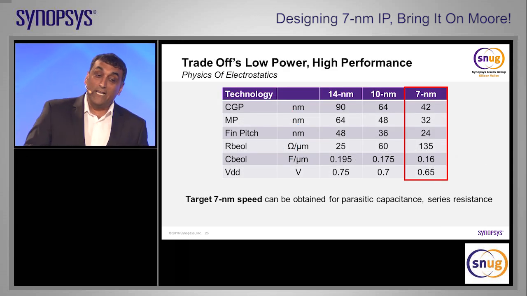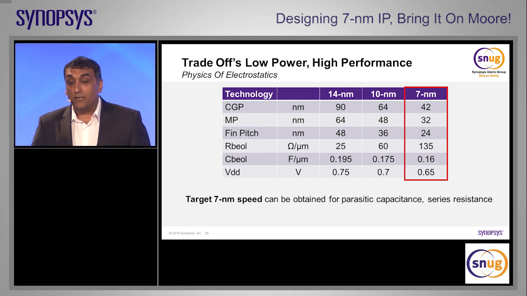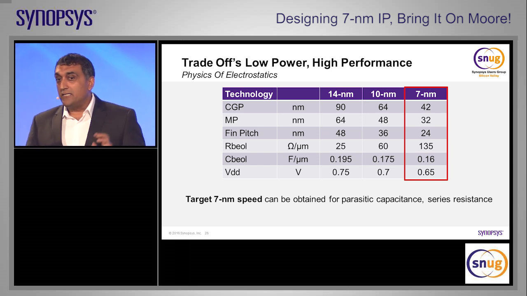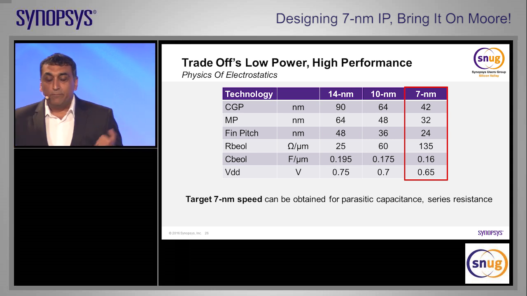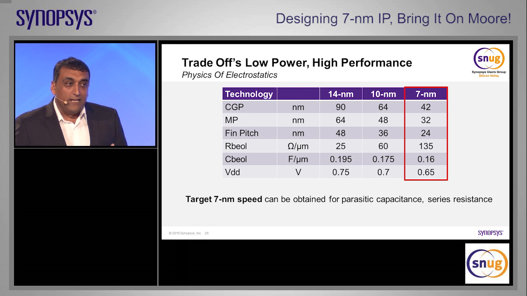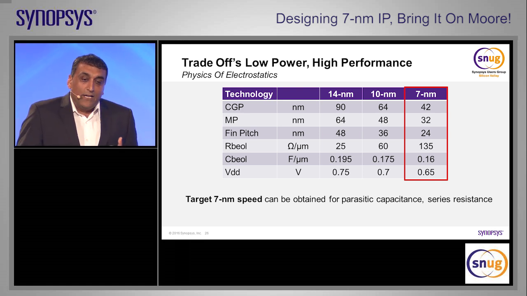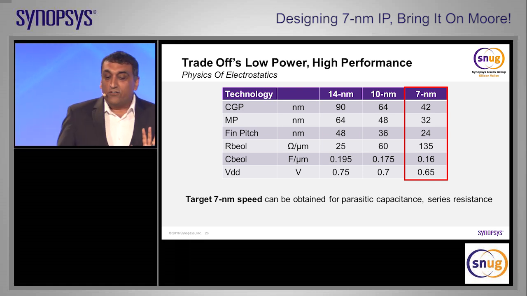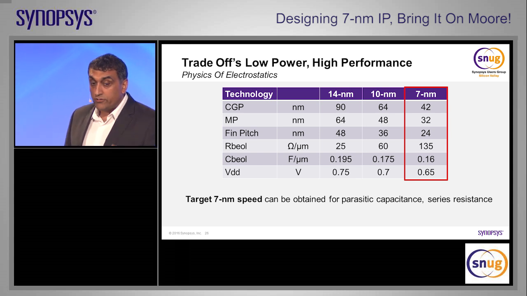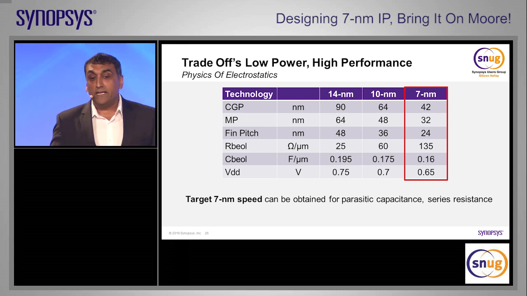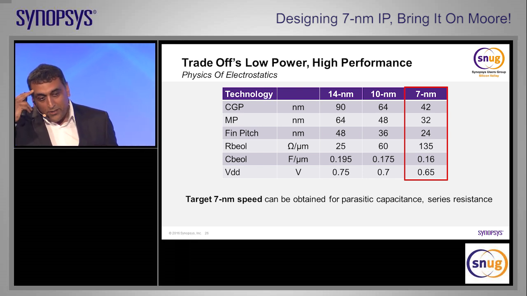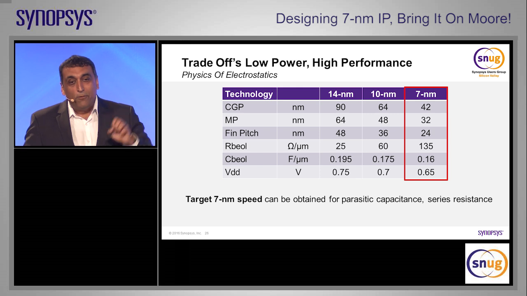Okay, I'm going to go back to my table because I want to highlight something related to electrostatics. Okay? I mentioned a couple of things at the beginning of the presentation: drain-induced barrier lowering and sub-threshold slope. Basically, for a physicist, what you want to do to maintain performance in the technology is maintain about 70 millivolts per decade for your sub-threshold slope, and about 50 millivolts per decade for your drain-induced barrier lowering.